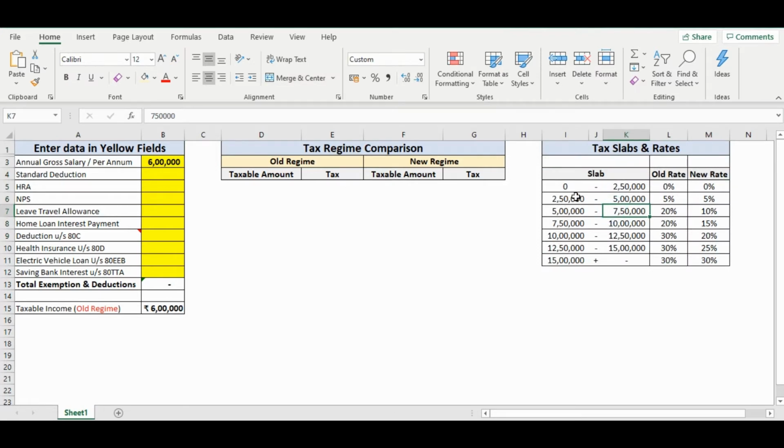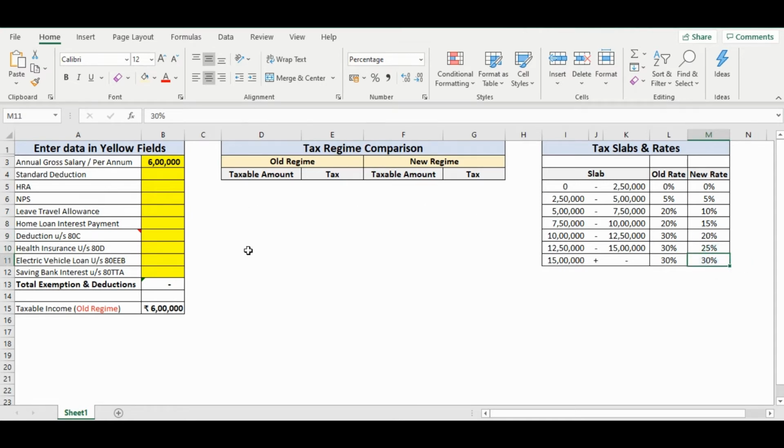Here, as you can see, 0 to 2.5 it's 0, 2.5 to 5 it's 5%, 5 to 10 lakh for the old slab is 20%, for the new it is 10 and 15 each, 10 and above for the old it is 30%, in the new slab it ranges from 20 to 25%, and 15 lakhs onwards it's 30%.